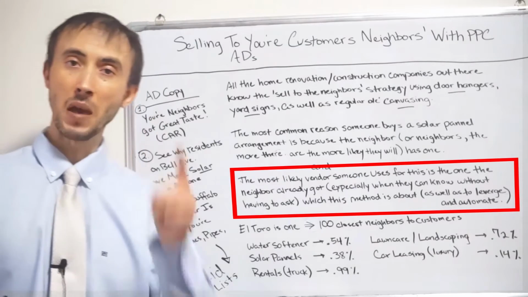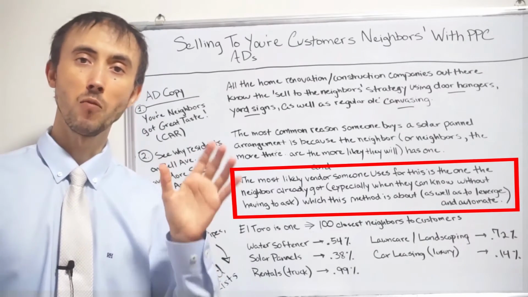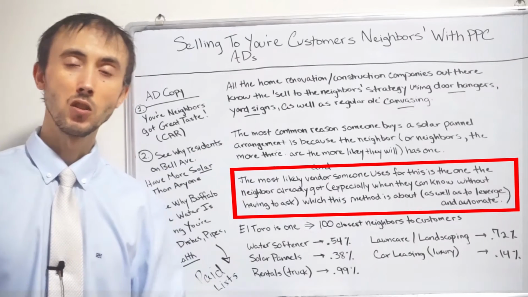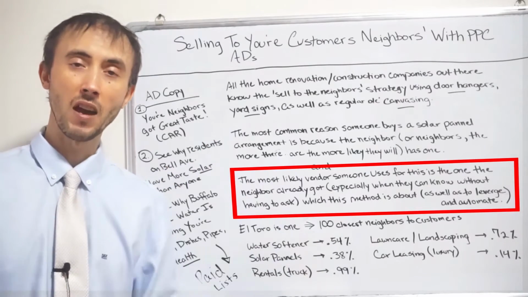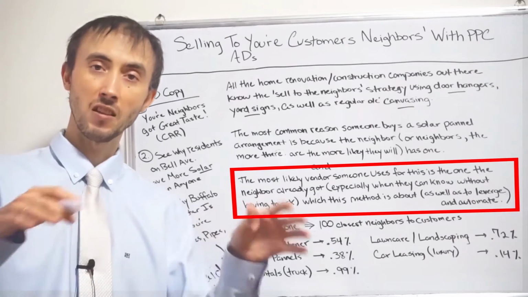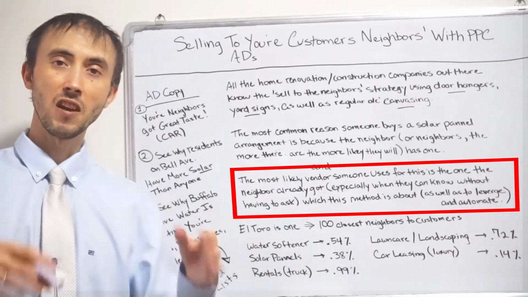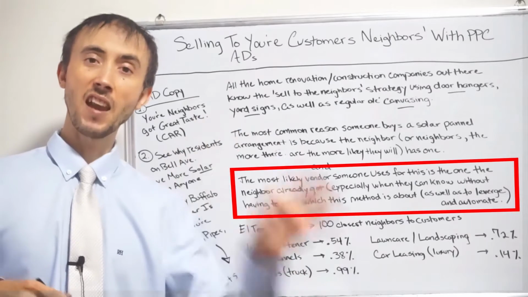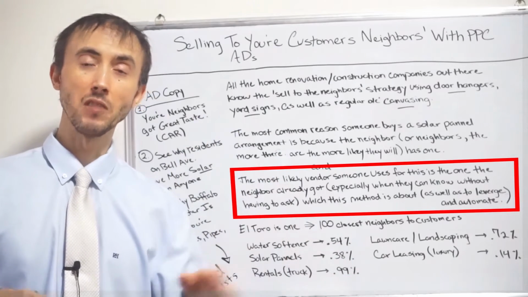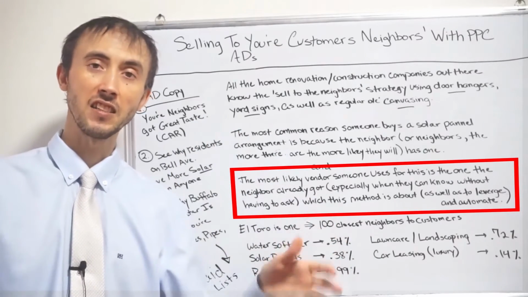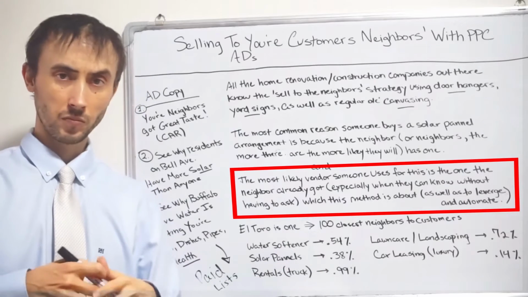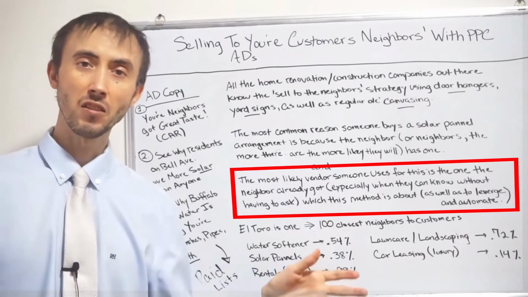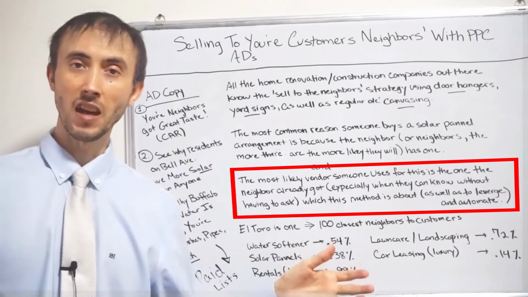It costs literally a penny to have an ad show up for somebody one time. And so if you want 100 people around your customer, their neighbors, in other words, to see your ads, it literally only costs $1 to have that ad show up 100 times to that person, virtually, again, guaranteeing that they see it. And it doesn't matter, effectively, what site they're on, because most sites out there have banner ads,